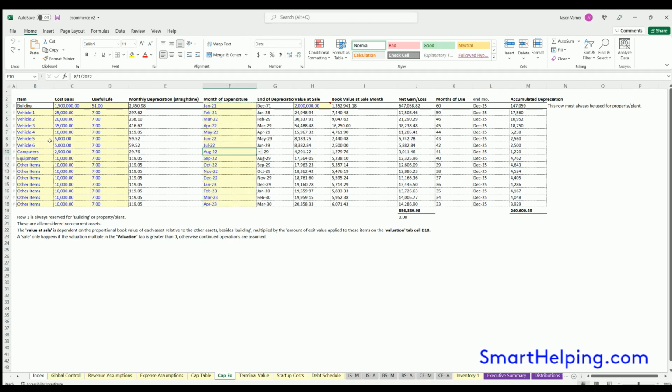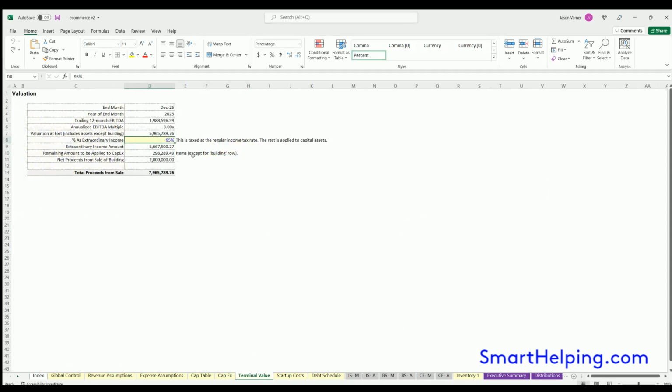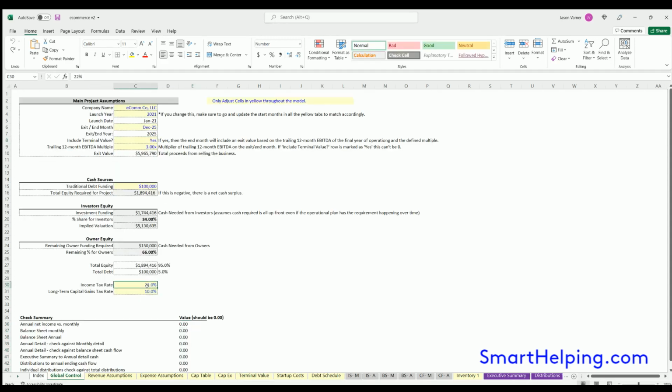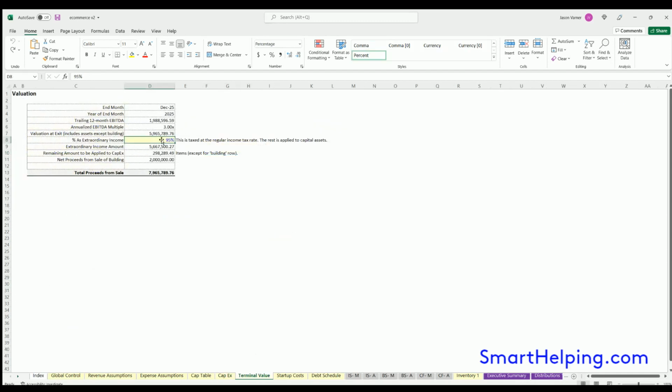That's fine, and it won't cause any problems. Terminal value, again, here we can see the total value that we're allocating to fixed assets versus extraordinary income. It's just a tax thing, and this might not be relevant. And if not, zero out the taxes on the global control, and then right here,